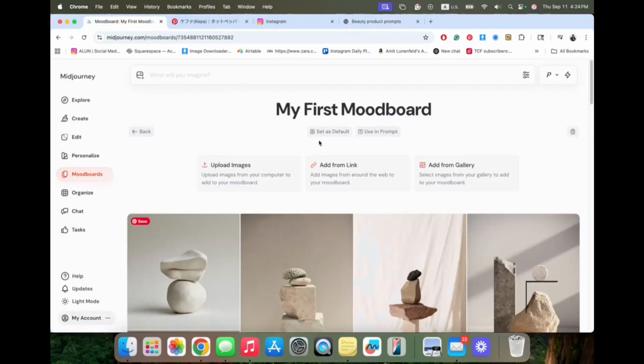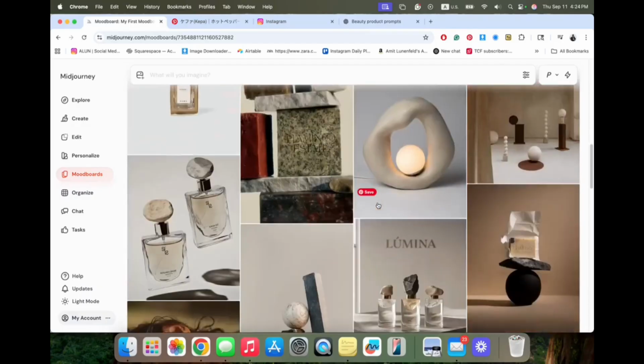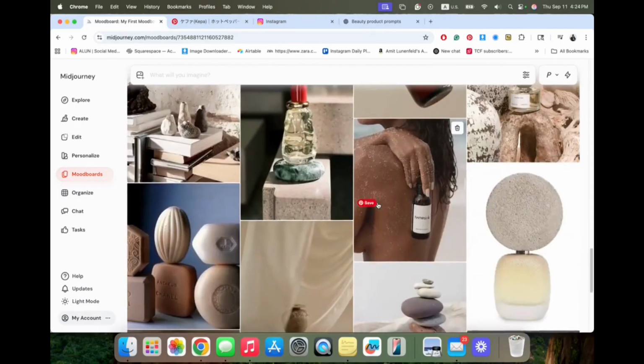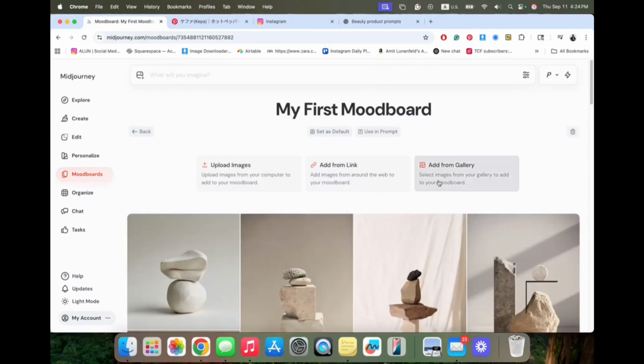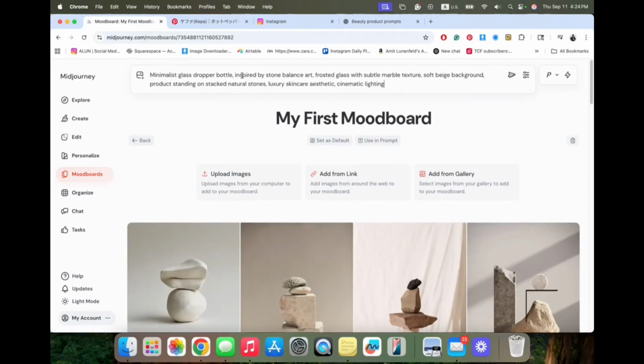So we're going to use this folder of all the references of the pebbles and the inspiration for this collection to create the bottle. We will paste the prompt we got from ChatGPT. We have an entire chapter about how to prompt.